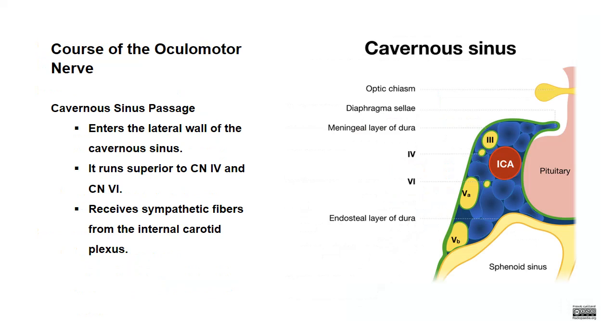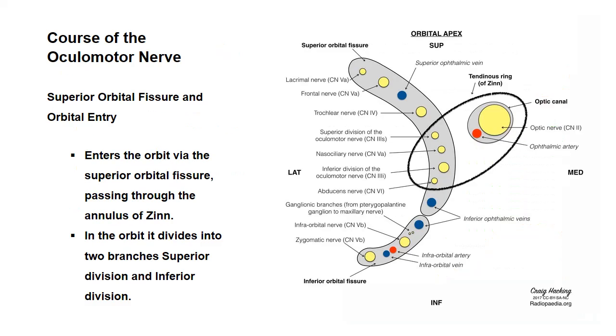The nerve enters the lateral wall of the cavernous sinus, where it runs superior to the 4th and 6th cranial nerves. Here it receives sympathetic fibers from the internal carotid plexus. The nerve enters the orbit via the superior orbital fissure, passing through the annulus of Zinn, a fibrous ring that